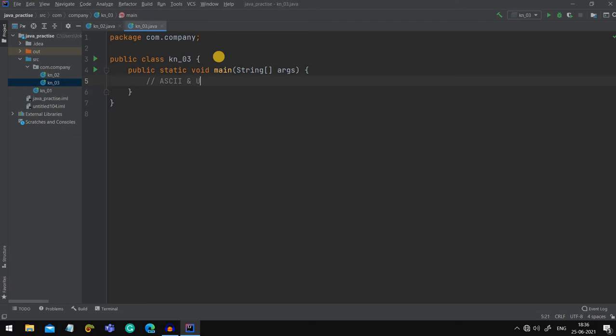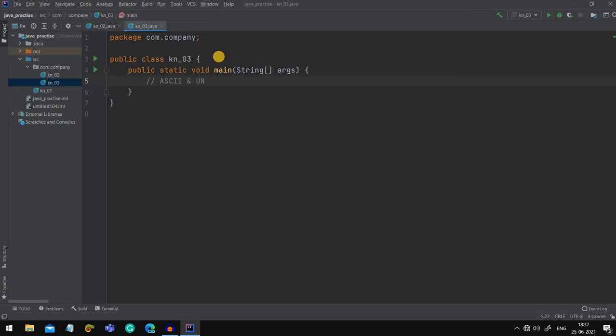So whatever the computer stores in it, it stores in the form of digits or numbers. Therefore, there are some special kinds of code present in this. ASCII code consists only of numbers. For example, 65 is for capital A, 66 for capital B. But Unicode stores some numbers along with some characters.